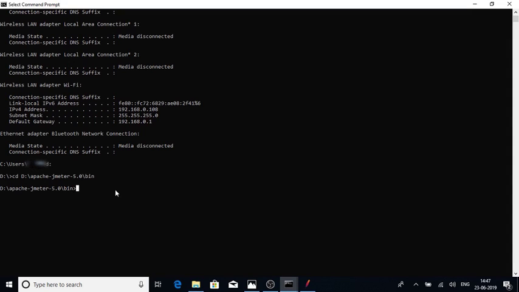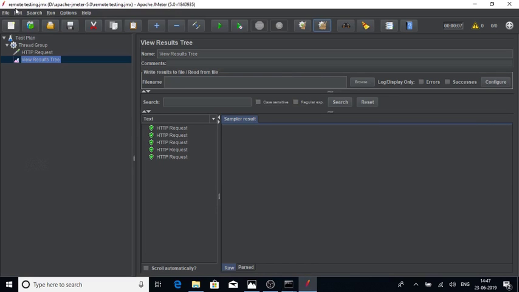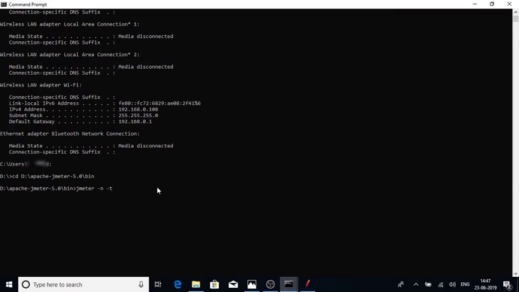So in case you are on Windows, we can start with jmeter, and in case you are on the Linux or the Mac machine, we can start with sh jmeter.sh, and after that we need to give -n -t and the path of the JMX file which we have created. So this is the remote testing file which we have created. So we need to provide the entire path. So let's give the path over here,